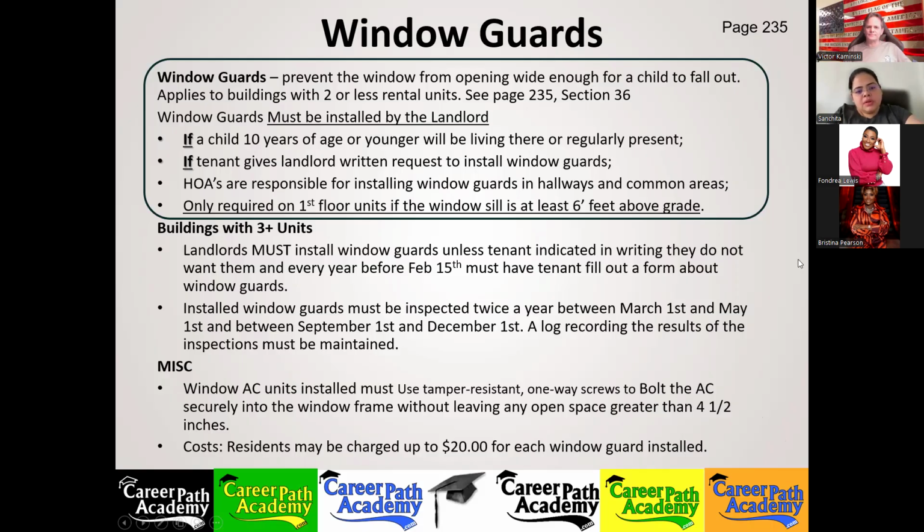Okay. Do we have to remember all these dates? No, you just need to know this stuff up here that's in the box at the top. Okay. This stuff for additional units, you're not going to get any questions on the exam about that. Just the stuff in the box up top here. So you may want to take a screenshot of it because it's not in the book anywhere except in the actual lease contract section 36 that I had you put a highlighted box around. Okay. Everybody good? You got a screenshot or a picture?